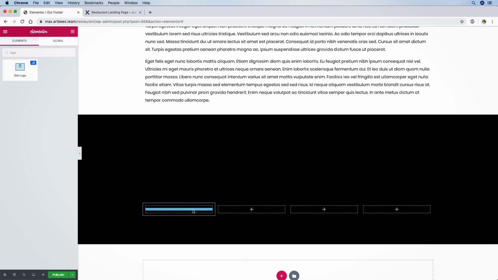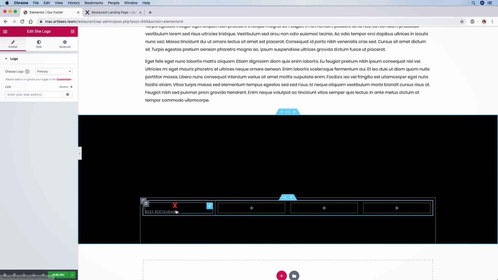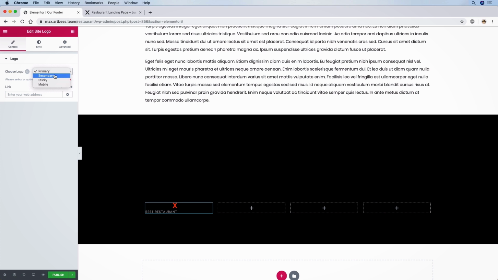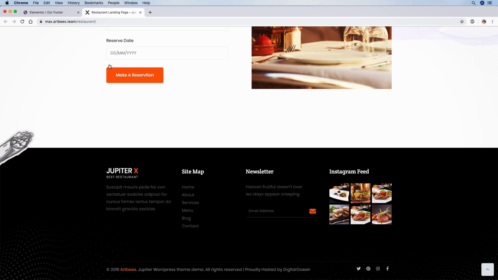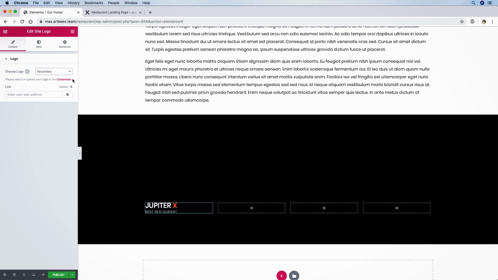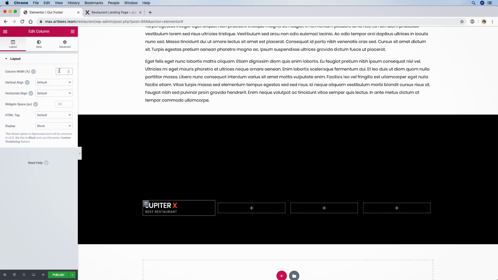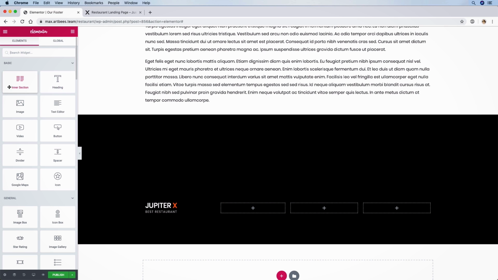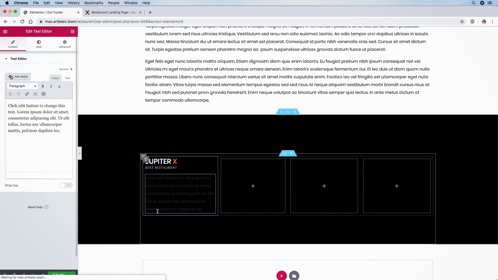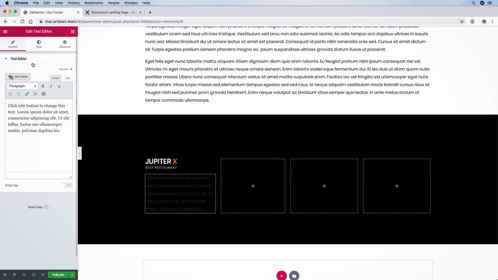So I'm going to add a logo here. Now notice that this is not the logo that we want, so we normally added the other logos there. Now it's working. So these columns are not equal, as you can see here. Some of them are a little bit longer. So I'm gonna just go ahead and make this one 26%. And also I'm gonna add a text here. Change the color to